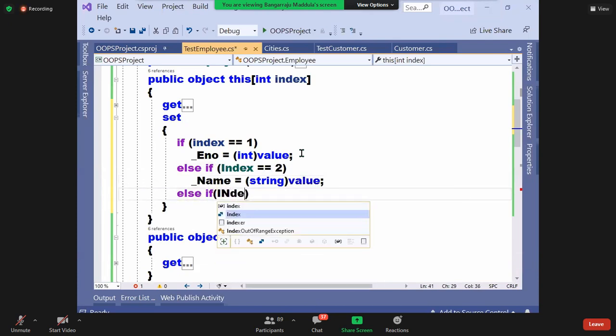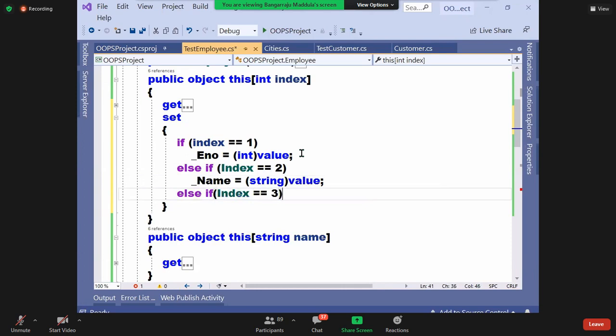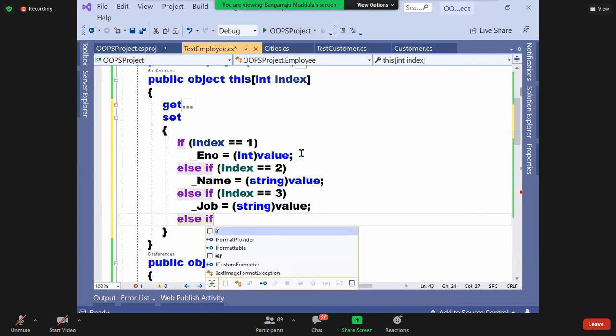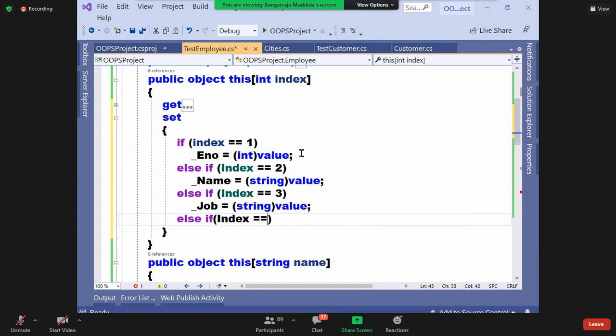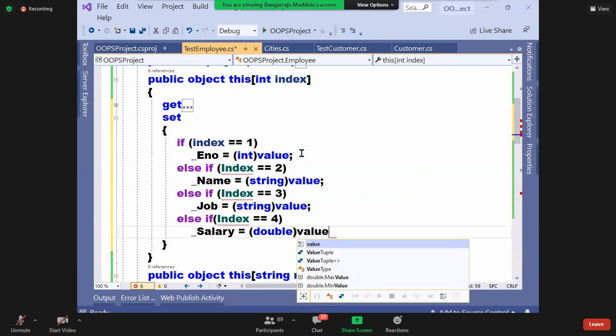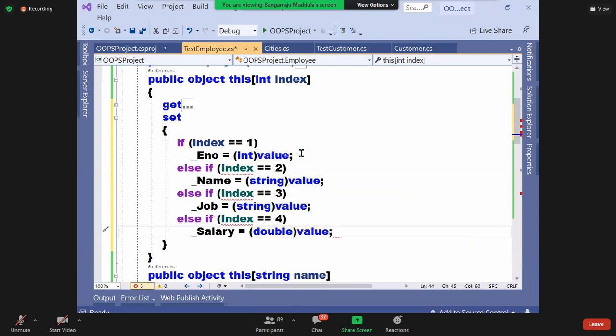Else if index is equal to 3, underscore job is equal to string of value. Else if index is equal to 4, underscore salary is equal to, salary which type? Double of value.